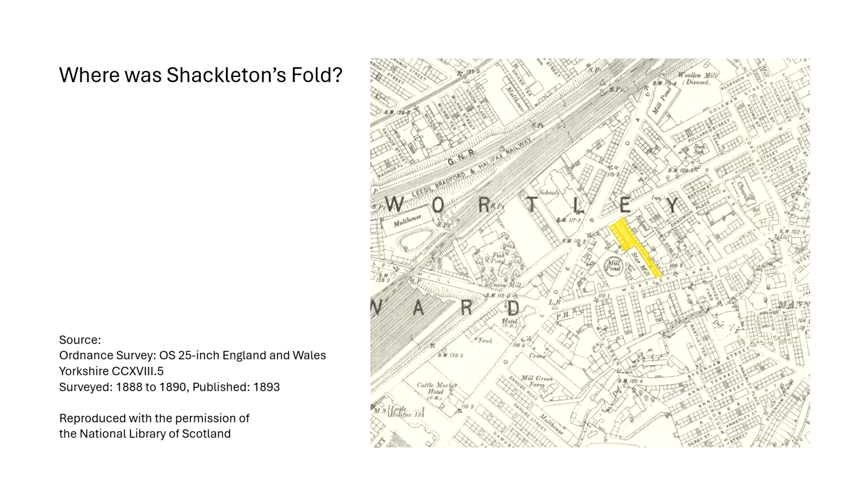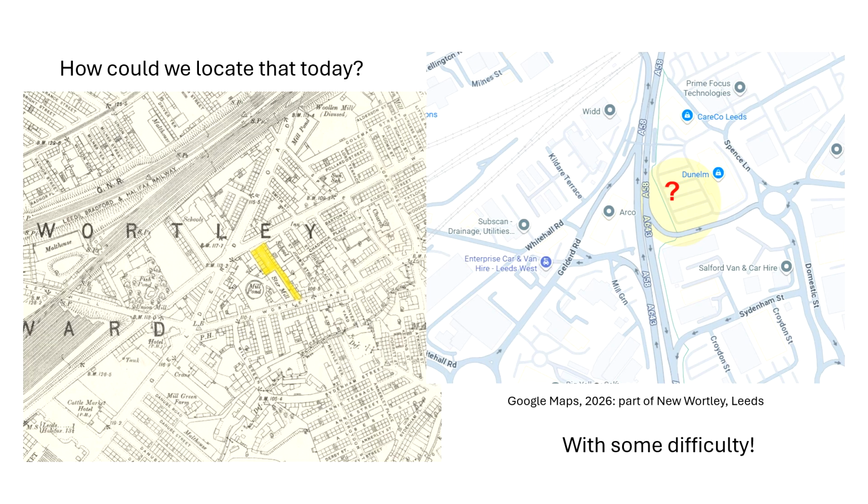Okay, so how does this compare with a modern map? Well, the answer is that it really doesn't compare with a modern map. All of that housing has been demolished, all of it. Right up the centre of the area that I'm interested in, there's a dual carriageway. Gelderd Road and Whitehall Road do still exist, but you can see that the road has been played about with a bit. They certainly don't have that distinctive cross